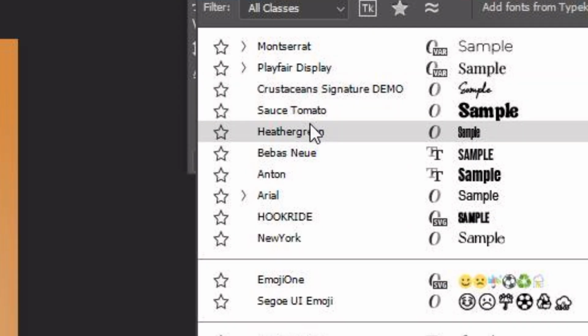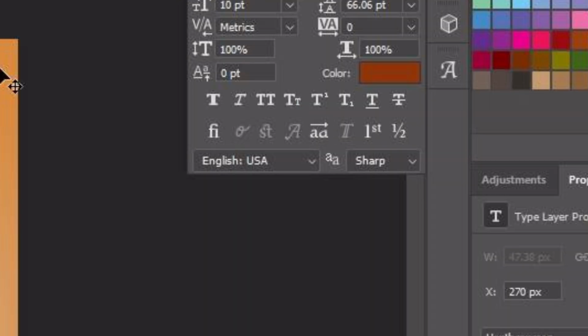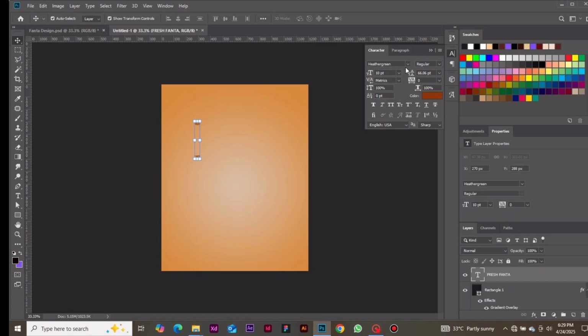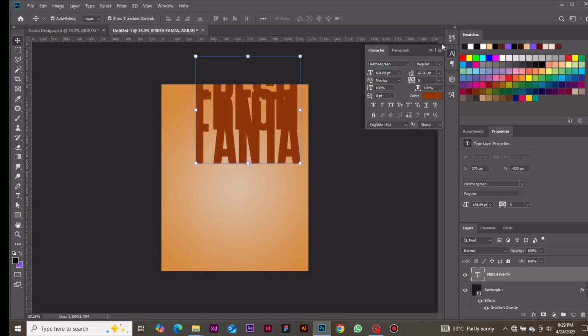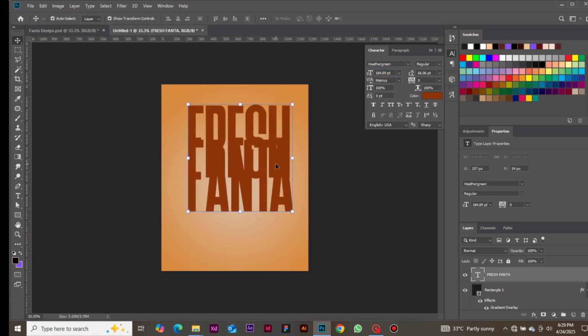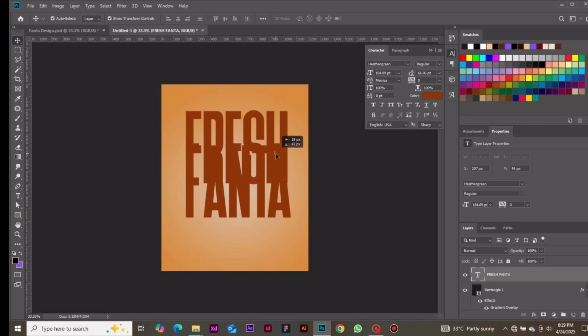We're going to use this typeface, Heather Green, and we're going to adjust our size to 184.89. You click on enter, you adjust your text, you bring it in,